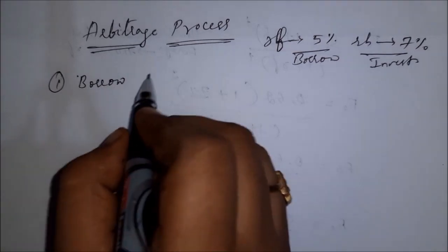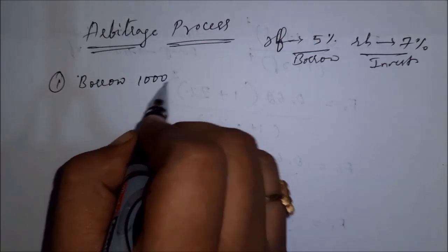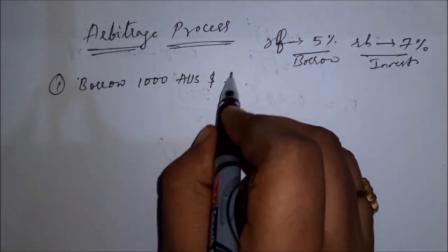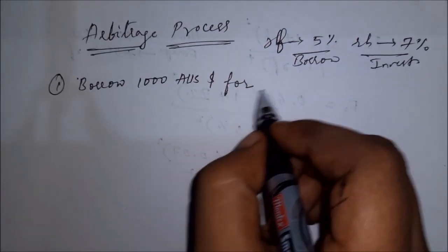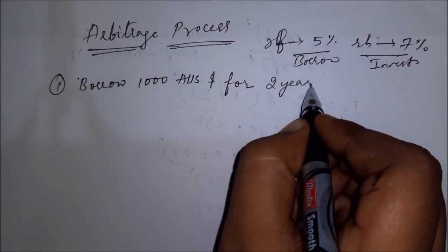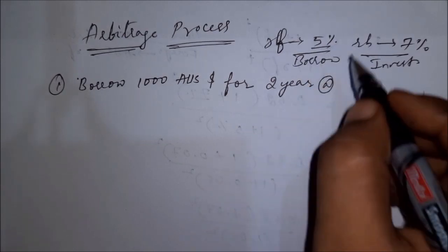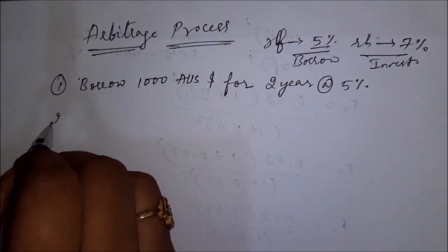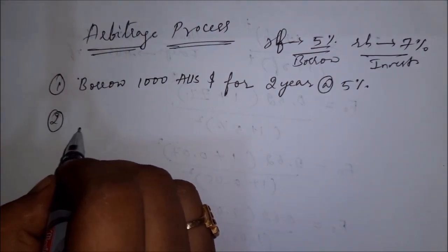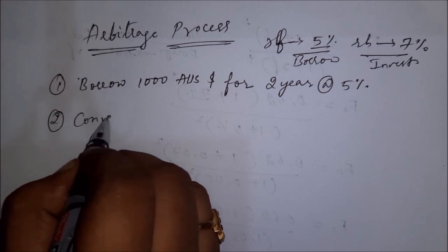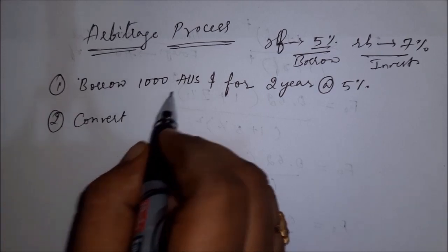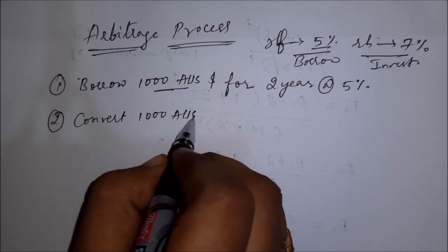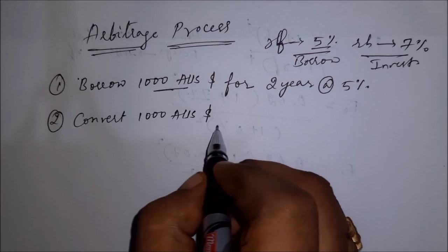So borrow, assume we are borrowing 1000 Australian dollar, the foreign currency. So borrow 1000 Australian dollar for 2 years at how much percent? At 5% for 2 years. Okay, so second step, if we have to invest, first we have to convert this Australian dollar into